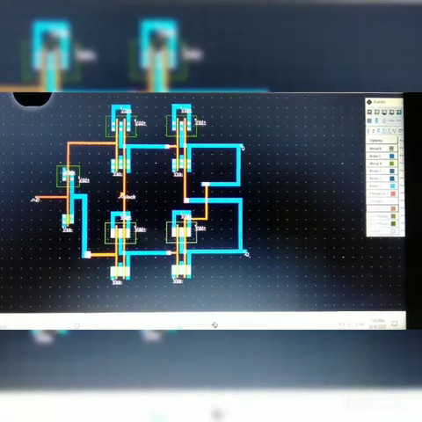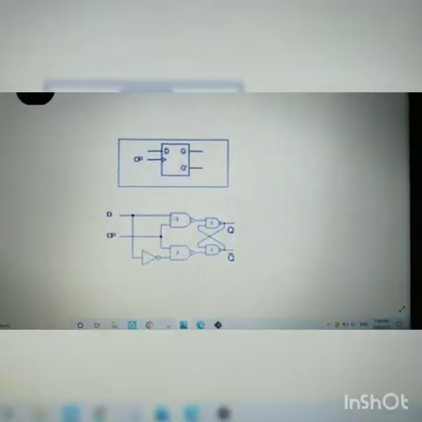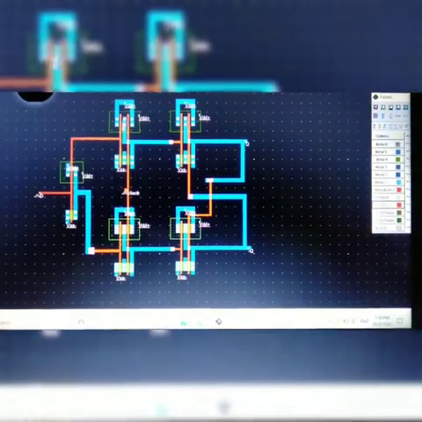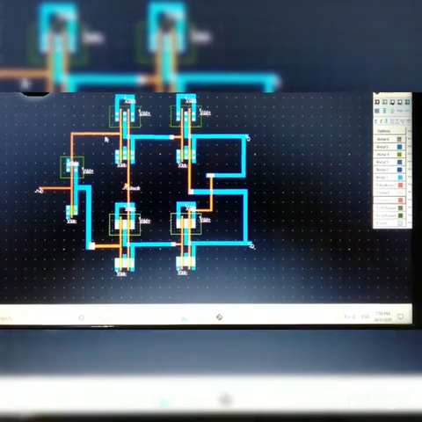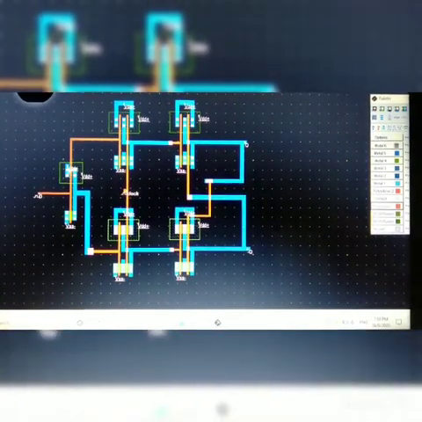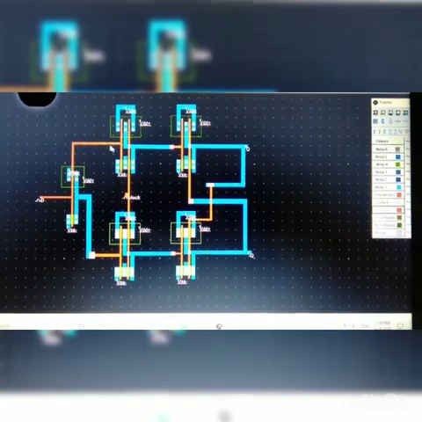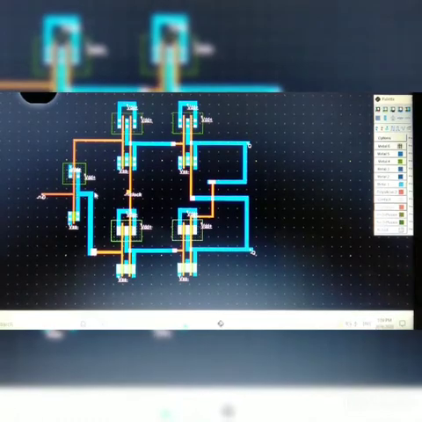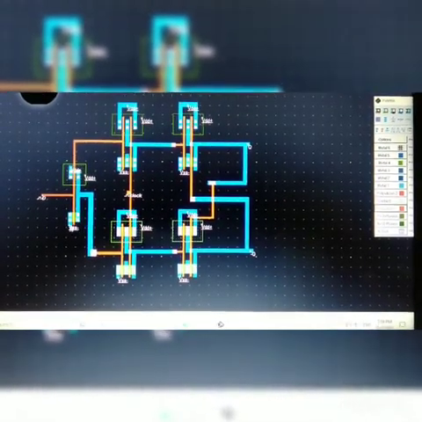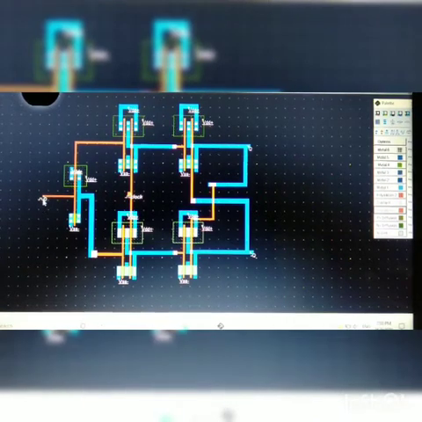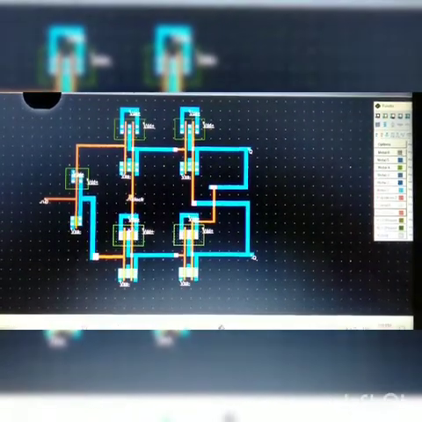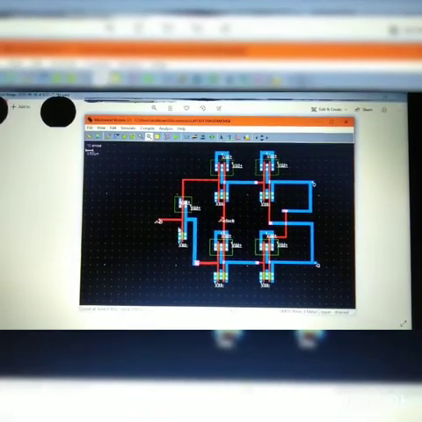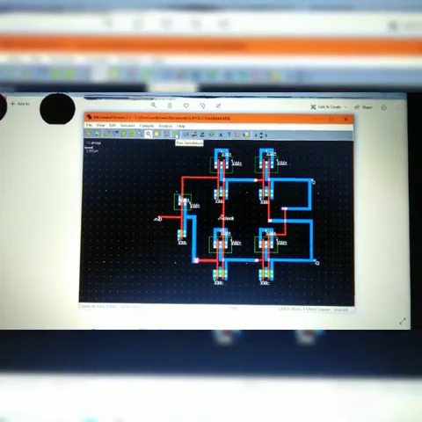After extending, in this diagram you can see the input of one of the NAND gates is directly connected to D. So here the input is directly connected to D. You can either connect here or you can connect here. I have connected here. Both mean the same, and the other one you can connect here. Create block, assign the values VDD, ground, and assign these values. After assigning all the values, that is VDD, ground, and everything, now you can run the simulation.